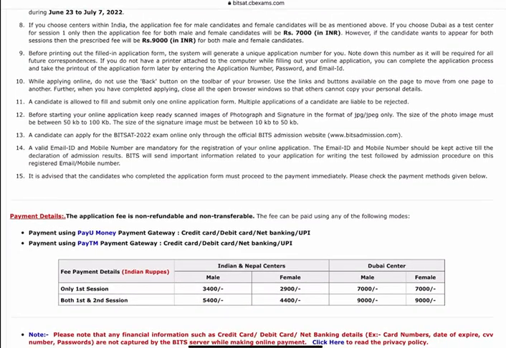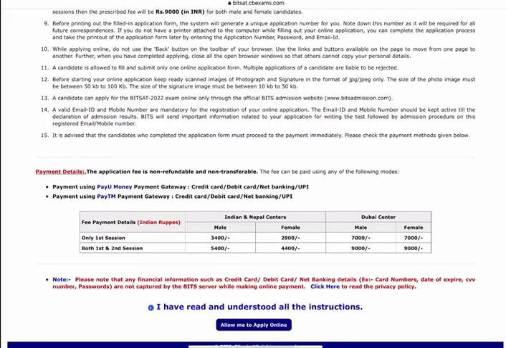And the 14th point is, a valid email ID and mobile number are mandatory for the registration of your online application form. The email ID and mobile number should be kept active till the declaration of admission results. BITS will send important information related to your application, for writing the test followed by admission procedure, on this registered email and mobile number. And the last point is, it is advised that the candidates who completed the application form